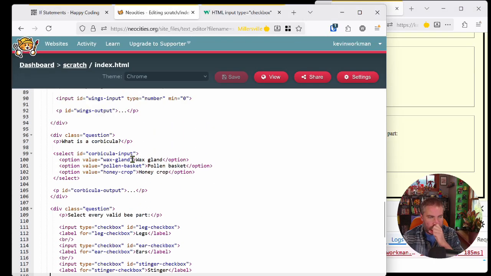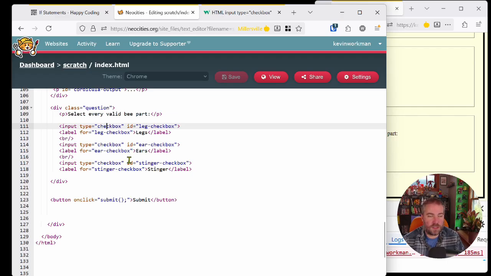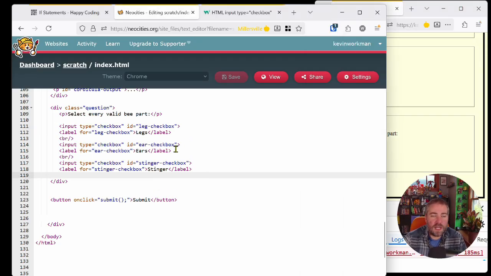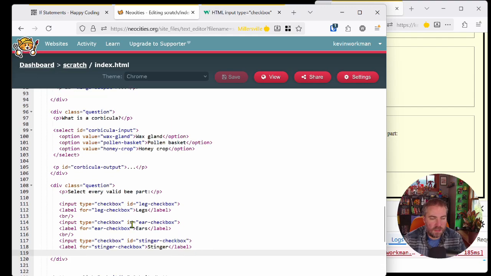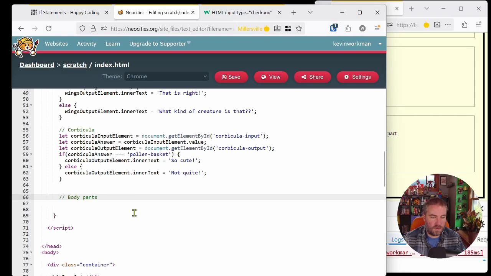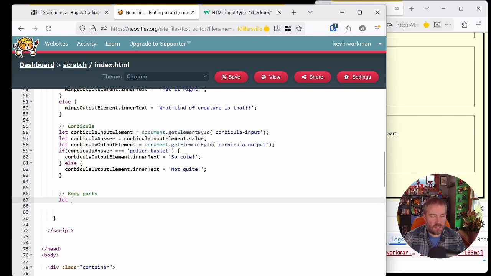So in this case, let's see, what do I want to do? I think I want to get all three of them, actually, and I want to see whether they're checked. And in this case, I'll just tell you the correct answer is legs and stinger. Bees don't have ears. And I want to check that that's what the answer is. So it's going to be a little different. So here I'll say body parts. And what do I want to do? I want to get every checkbox. So I'll say let